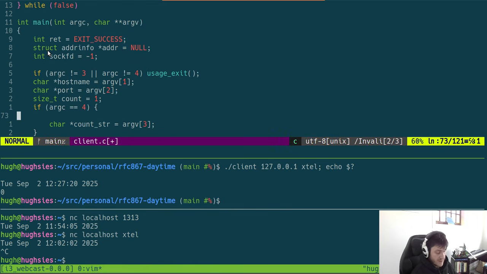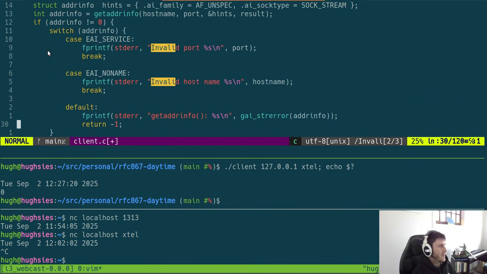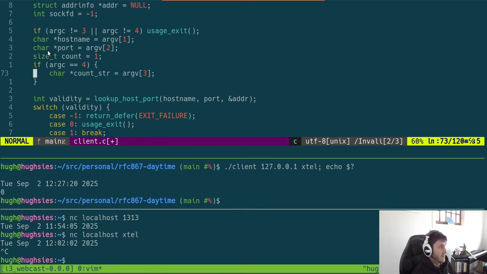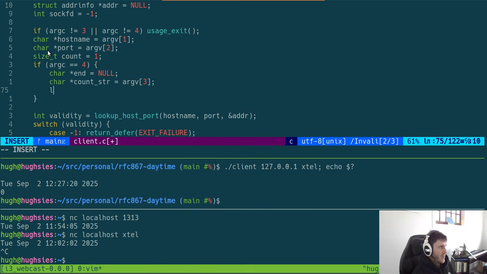And so in here, I guess I don't have that anymore, so we can just end equal to now, and we can probably just assign it straight to count actually. strtol. Well, I kind of want to along